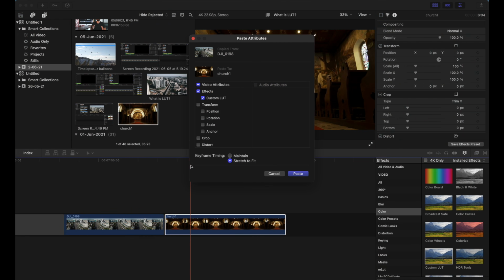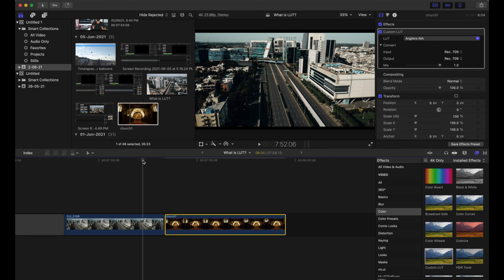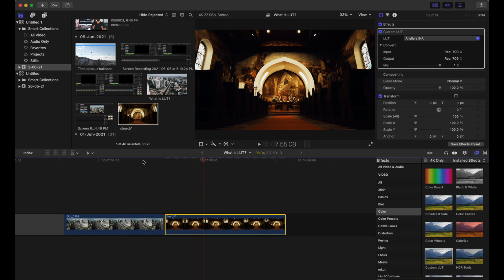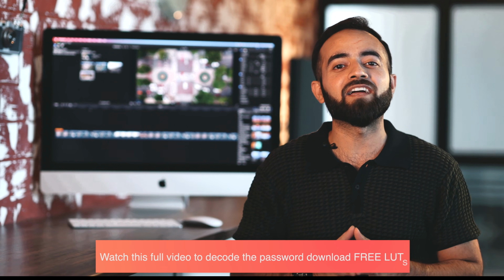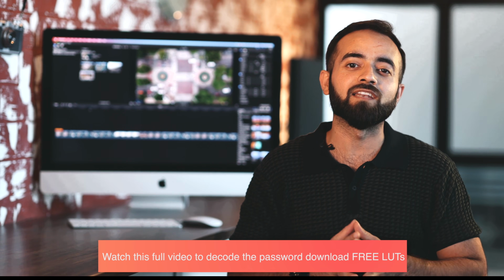And don't forget that every LUT is meant for a certain tone, which if applied wrong can ruin your footage or your end result. For example, one LUT might look amazing with cityscapes but might not go well with wedding footage. That's it guys, now it's time that I show you which LUTs you're going to get for free of cost.